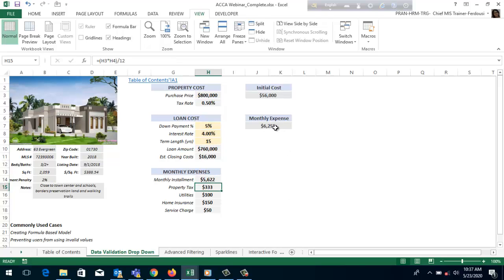See, the monthly expense has been calculated automatically. When we change the percentage, the expense and initial cost also change. This is how we can calculate the loan amount.